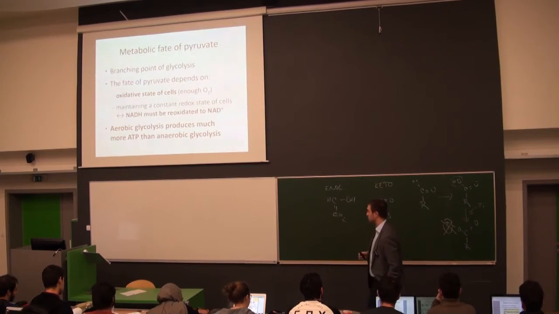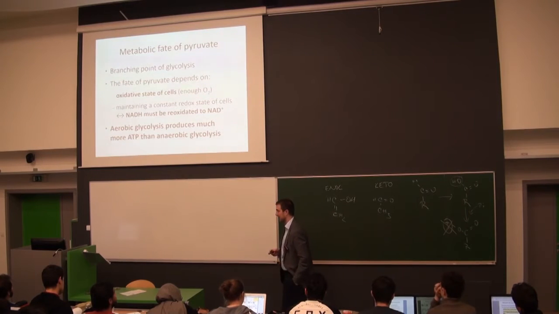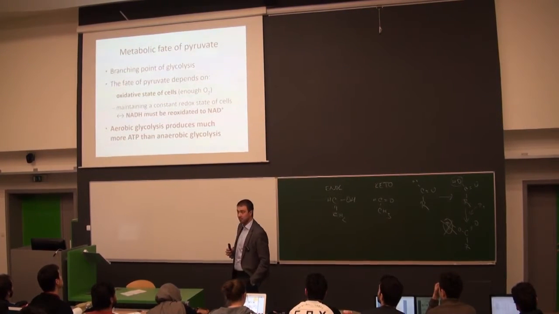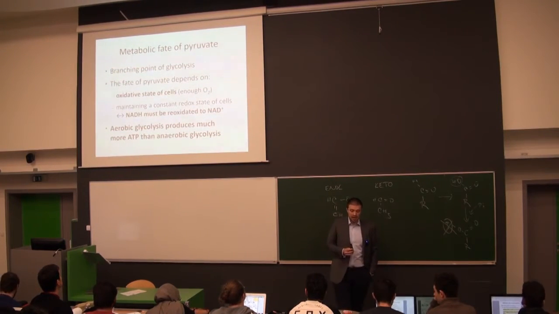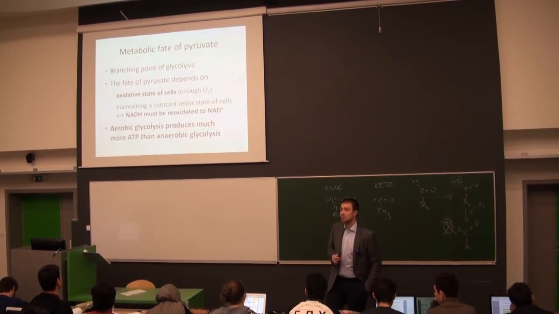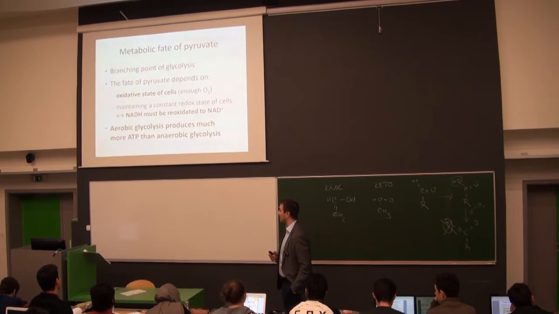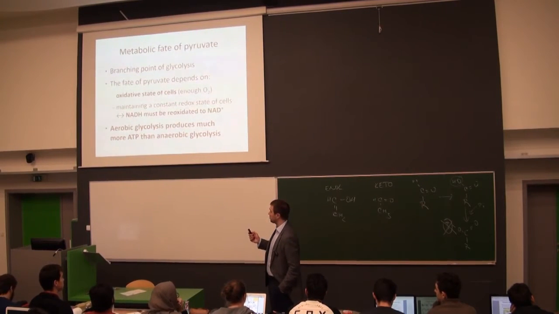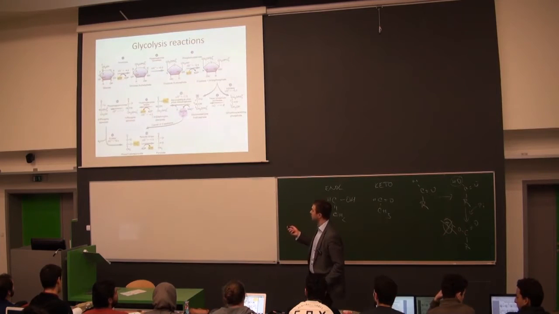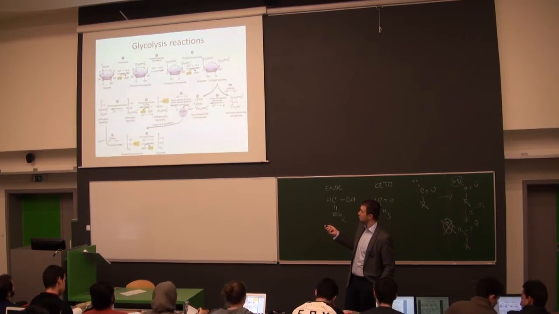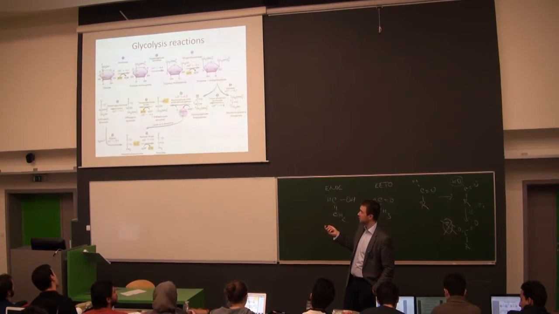Question is, when do you finish with pyruvate and when do you finish with lactate? The situation is quite simple. It depends on the redox state of the cell. That means the amount of oxygen that can be utilized for the reoxidation of NADH. The problem is that this NADH must be reoxidized somehow to return to the reaction. If you do not do the reoxidation of NADH, then simply you are missing the cofactor for this enzyme and the whole glycolysis is blocked.